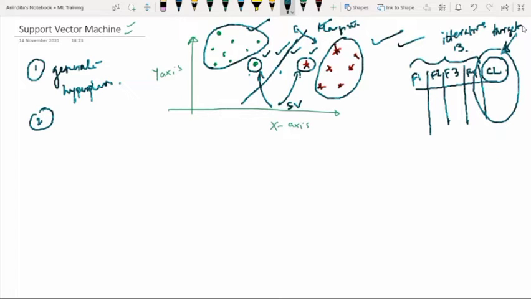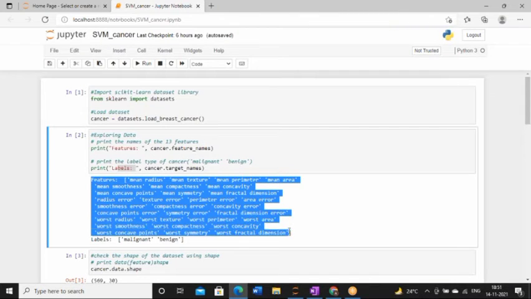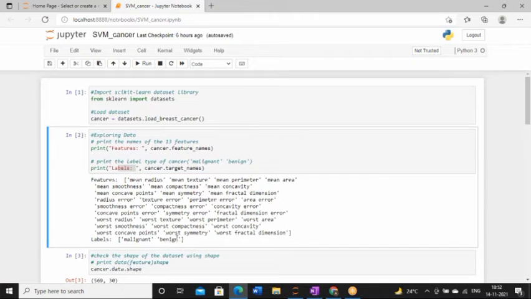So basically our data set has two parts now, features and the target. Target means that on the basis of which we are going to classify the entire data set into different groups. So that's why you will be able to see here we have to write cancer.target_names. So these are known as labels. Now you will find that all the 13 features are there. These are the features that we are going to use. And see, as a class level we have only two classes, malignant and benign. So this is known as data exploration.